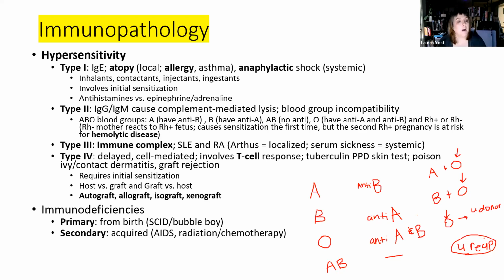Type 4 hypersensitivity reactions, these are delayed. They're cell mediated, and these are related to the T cell response. So up until now, types 1, 2, and 3 had to do with antibody. With type 4 now, we're dealing with the T cell response, specifically the cytotoxic T cell response, the CD8 positive cytotoxic T cells. These are the ones that go out and typically fight against endogenous pathogens, right? So this can go wrong whenever we start having reactions to things that we don't want it to.